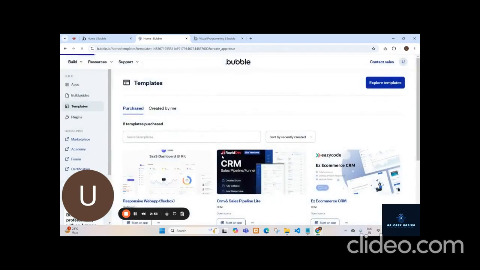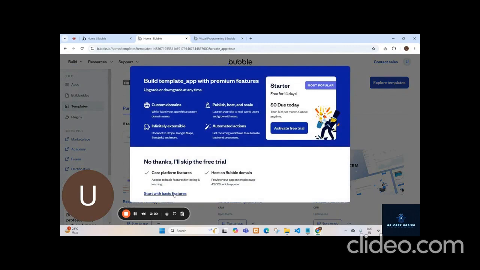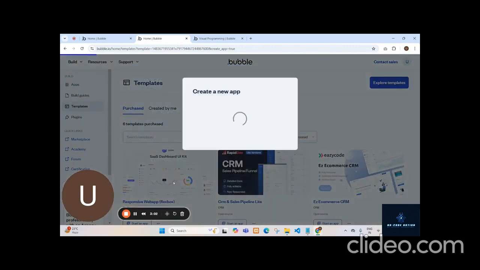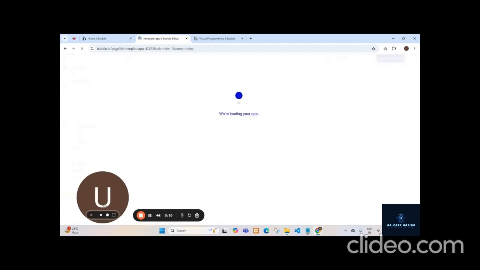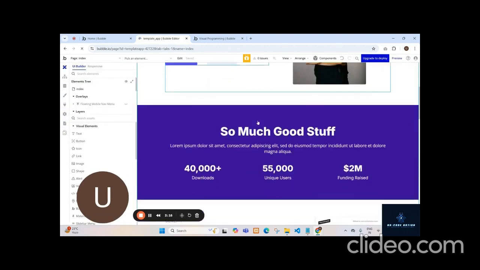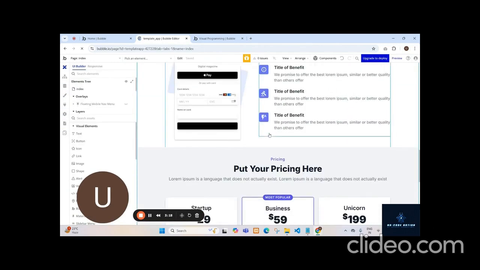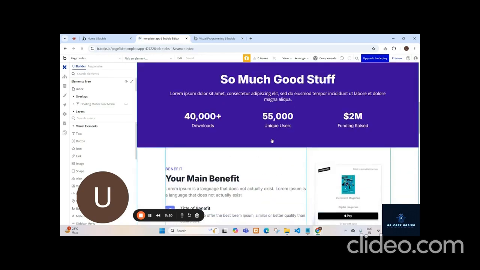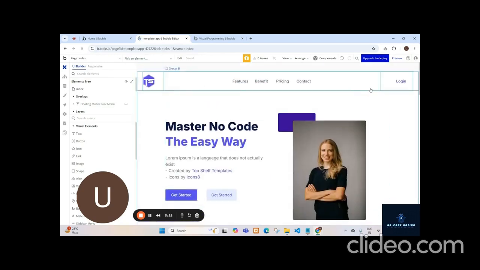Let's get started with the basic features. As I already told you in my previous video, the app has been created. You can either set up or skip the assistant. In this case, we have skipped the assistant. So now this is what our application is going to look like, and this is how the template has been installed